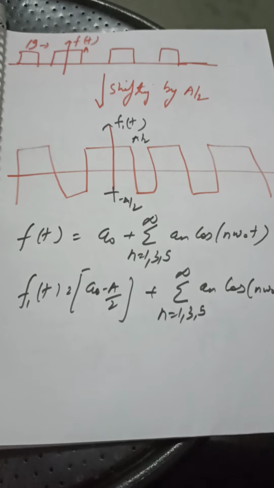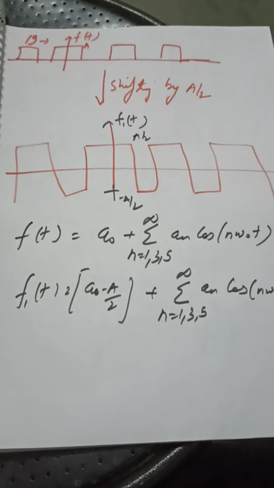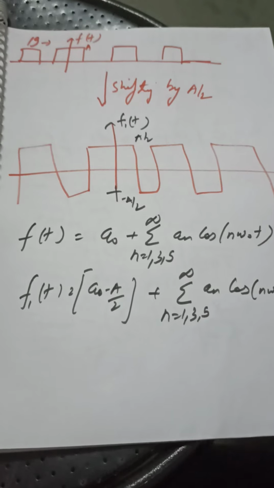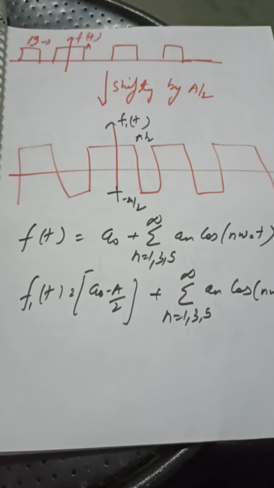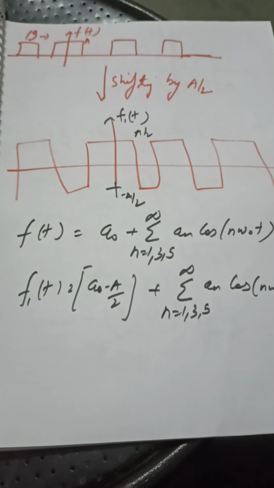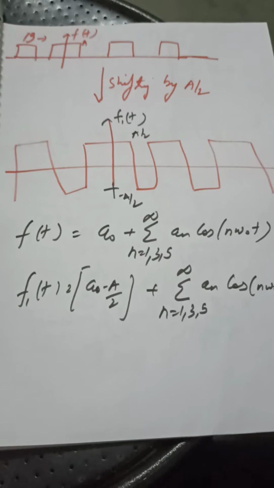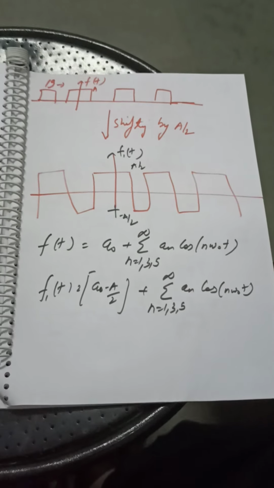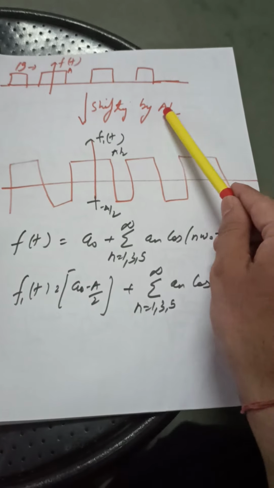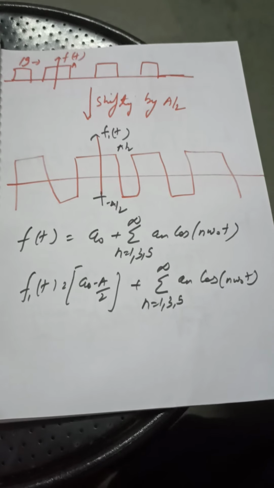So what will we do? How will we use the basics to extract the Fourier coefficients? Yes. So then the simple arithmetic operations come to our rescue. Now we are going to perform the simple operations, that is addition, scaling, shifting, and by that we are sure to analyze the signal. So have a look at what we are going to do. We are going to shift this signal by A by 2. Yes, the shifting is carried out.